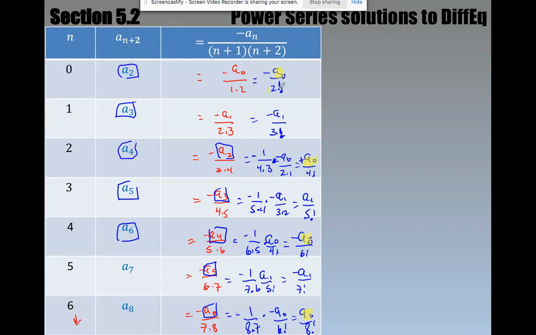Everybody that has an a sub 0 has what kind of factorial? Even, right? So now this might make you feel a little uncomfortable, but